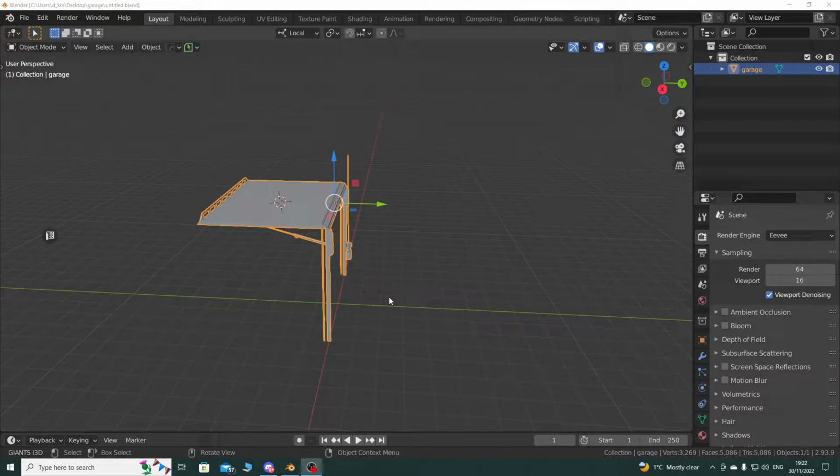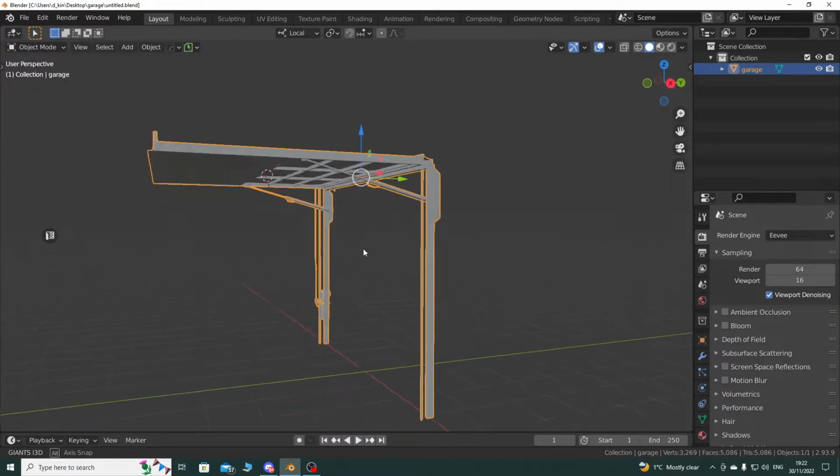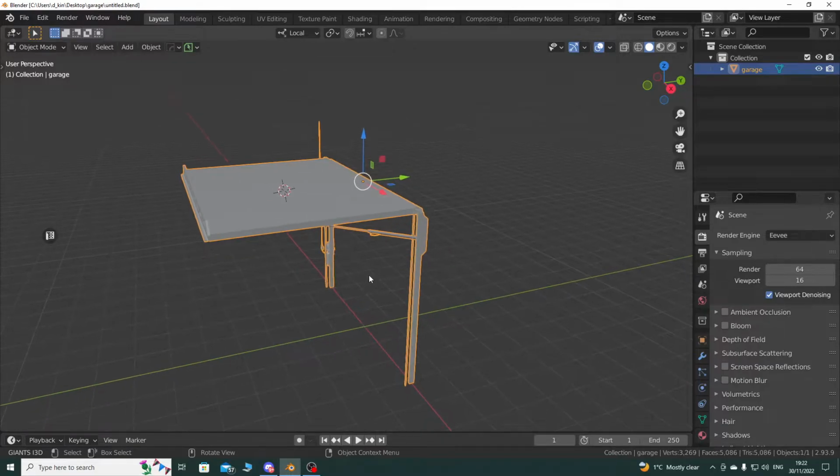Okay, so in this video I'm going to take a look at mesh skinning here in Blender. I've got a garage door and frame with hydraulic pieces and everything else. This is one complete object. What I want to do is basically add in armatures, which will contain bones, which I'm